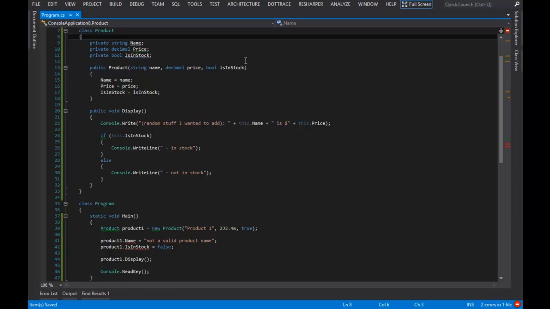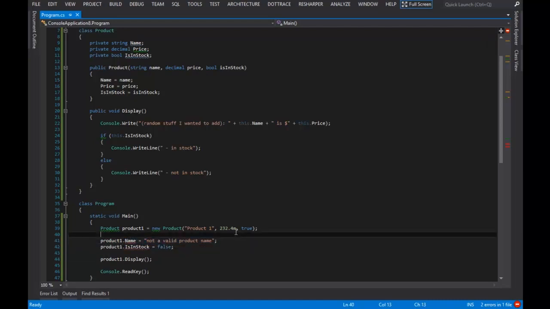By changing my access modifiers on my fields from public to private, I have done two things. First of all, I've actually changed how these should be named. This naming convention is no longer appropriate. And the second thing that's happened is I can no longer reach into his internals. I can no longer access his data because name is now a private member and it's not exposed by the